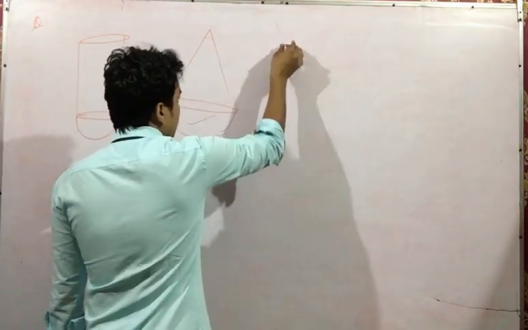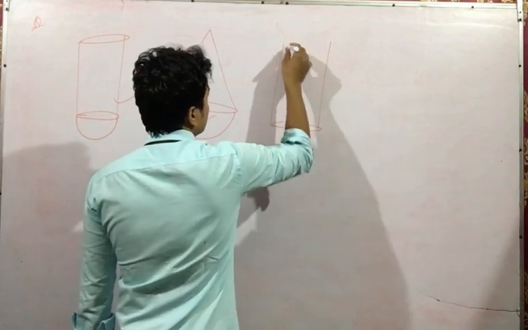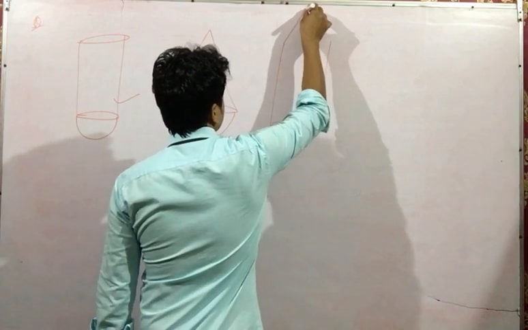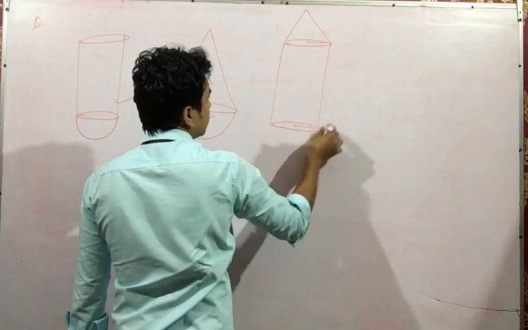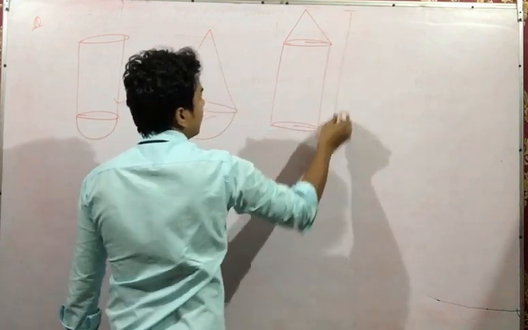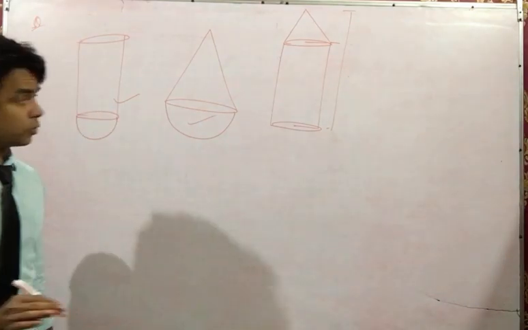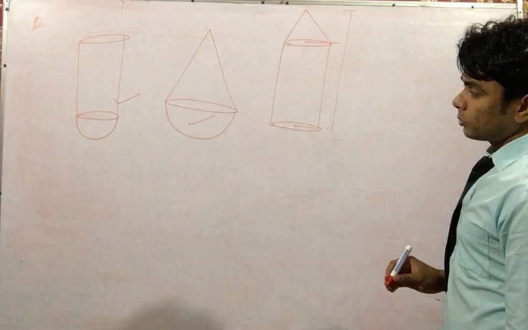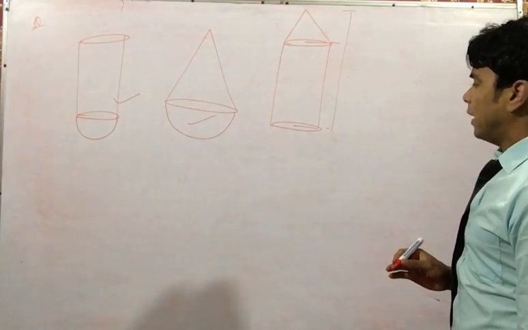They can give you a combination again of a cylinder surmounted by a cone in this way. The radius will be common in both. Height you know very well. So subtract the height to get the height of the cone, and you can find the answers in this way. Okay. What other combination can they give you? These are enough.